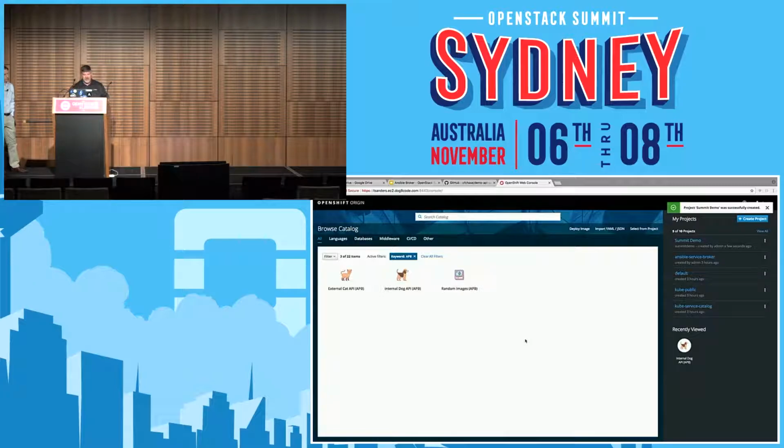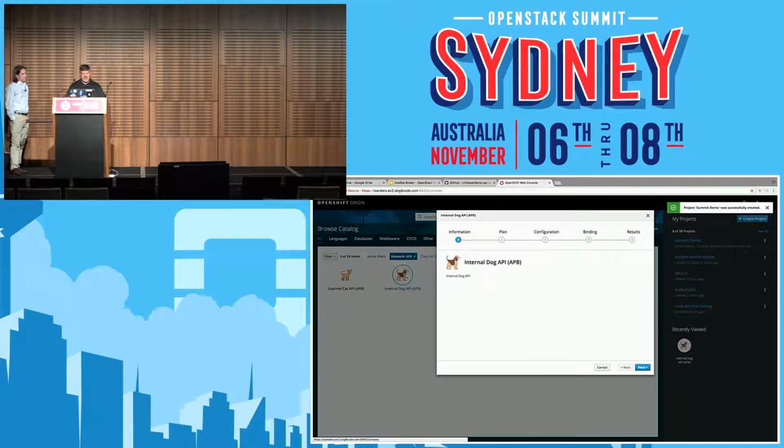So we'll create that. And then we're going to go ahead and provision this back end internally on our cluster. So I'm going to go ahead and choose this service. And what actually shows up in this configuration UI is really dictated by how the APB author wanted it